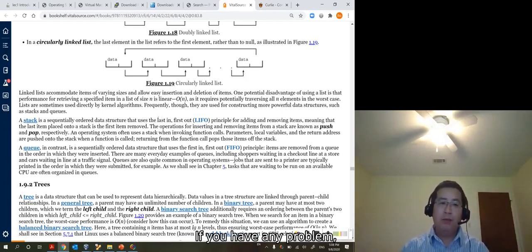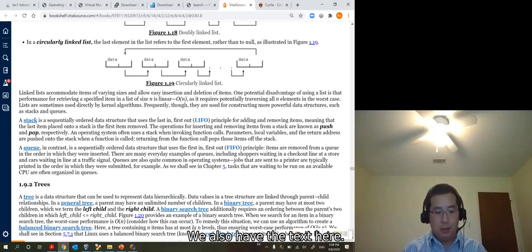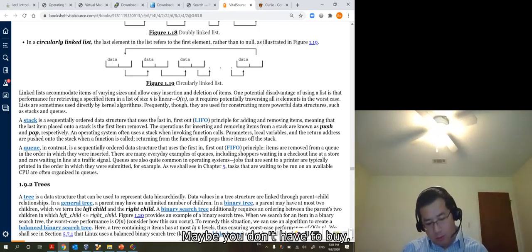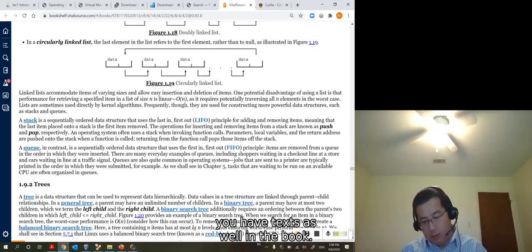So these data structures are very important for those things. If you have any problem, learn by yourself. We also have the text here. You have the text as well in the book.